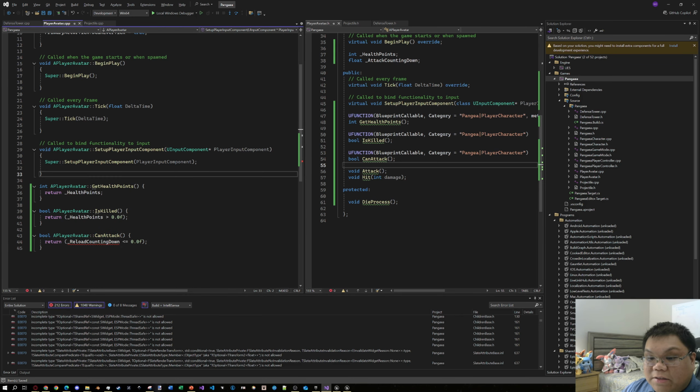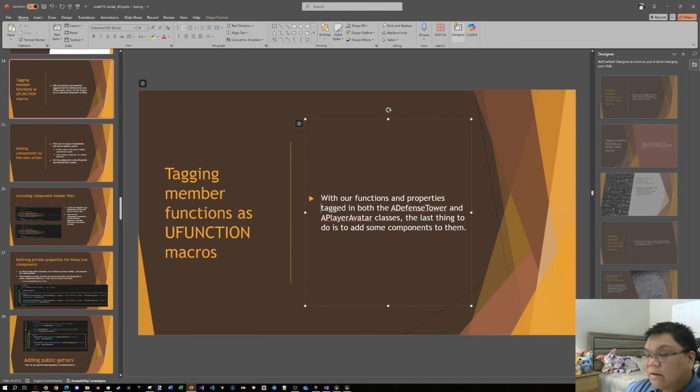Okay, one other change I need to do is there is no variable called reload counting down, rather it's attack counting down. So I'll just replace the word reload with attack. So these functions are the player avatar equivalent of these functions. With our functions and properties tagged appropriately,